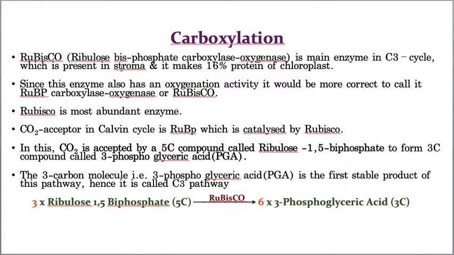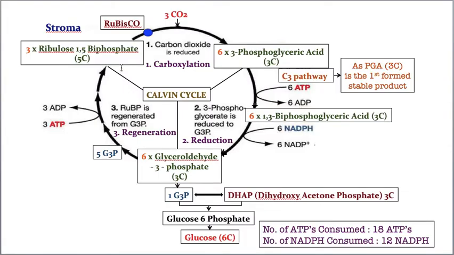What is Rubisco? Just 2 minutes back I told you, ribulose bisphosphate carboxylase and oxygenase, and it has a dynamic property: 16% of the proteins in the chloroplast are Rubisco only. That's the beauty of this enzyme, because this enzyme is required for the dark reaction, and that enzyme is present in the stroma. That is the reason why the dark reaction takes place in the stroma. There is a proper reason, my children. There is a proper logic behind everything in biology. The light reaction takes place in thylakoids. There is a beautiful logic.